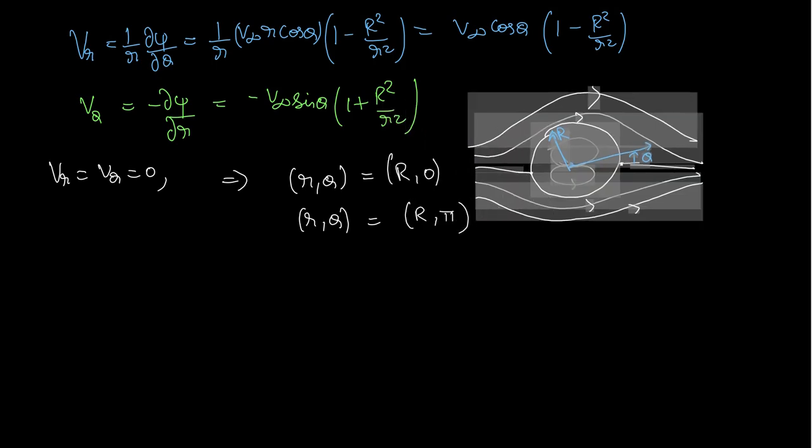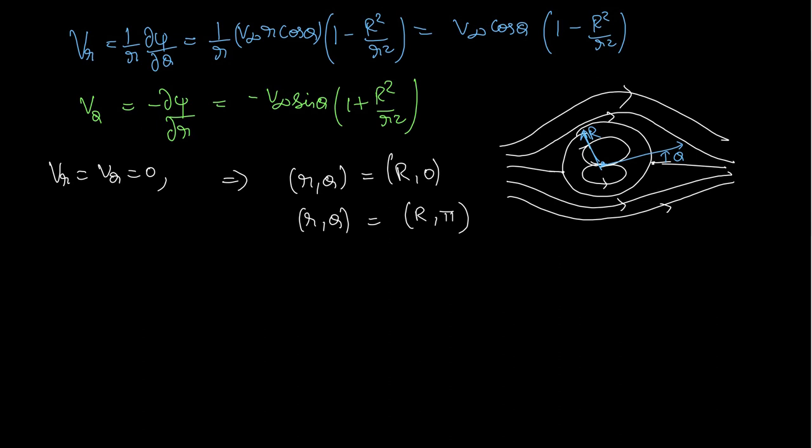We can clearly see that when theta equals 0, we have a stagnation point here, and when theta equals pi, we have another stagnation point here, and that is why it says mathematically also. When we substitute these 2 points in our stream function equation, we get psi to be 0. So we can say that the streamline, that is this circle or the cylinder, is the streamline which passes through both the stagnation points and has the equation psi equals 0.